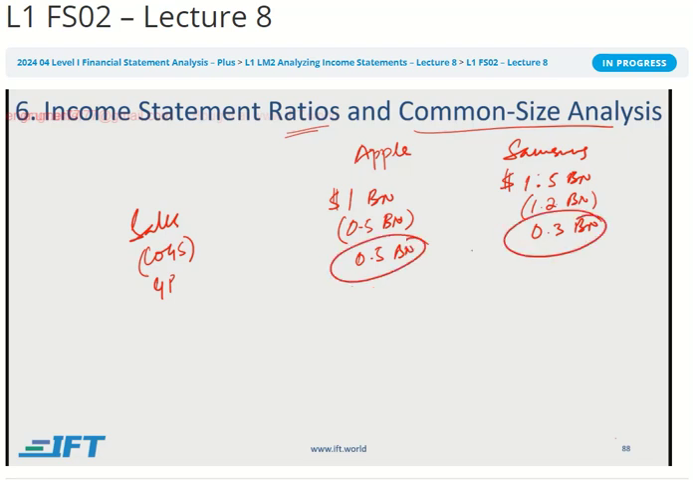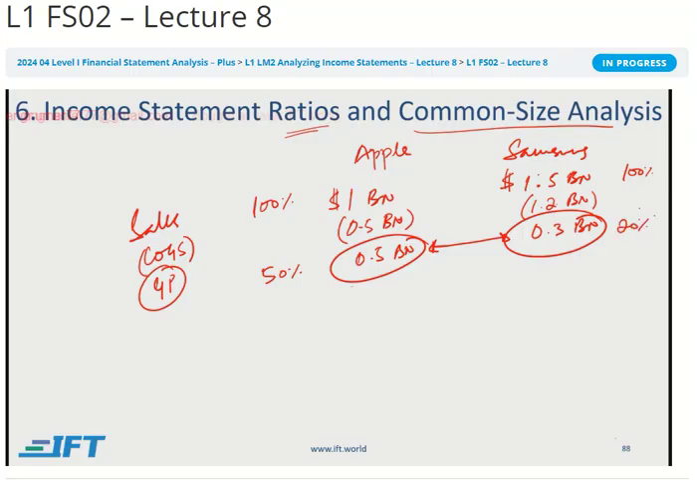Now, can we just compare the absolute numbers like this? Well, the answer is no. What you should do is look at the percentage. That is where common size analysis comes in, where we make the sales 100% and look at gross profit as a percentage of sales, which obviously is going to be 50%. And we look at the gross profit of Samsung, where we make Samsung sales 100%, and 0.3 of 1.5 is